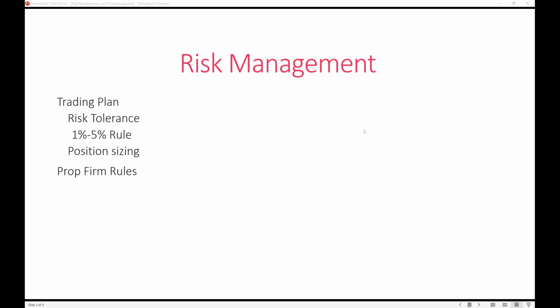That's right. Using 10 micros versus one full mini. A lot of prop firms do have that conversion rate of 10 micros to 1 mini. But if you were to do Top Step, not Top Step X, but Top Step like Trade Away and Top Step Rhythmic, they do not have that conversion rate. So just make sure that you keep that in mind. And you do have to play with minis no matter what.